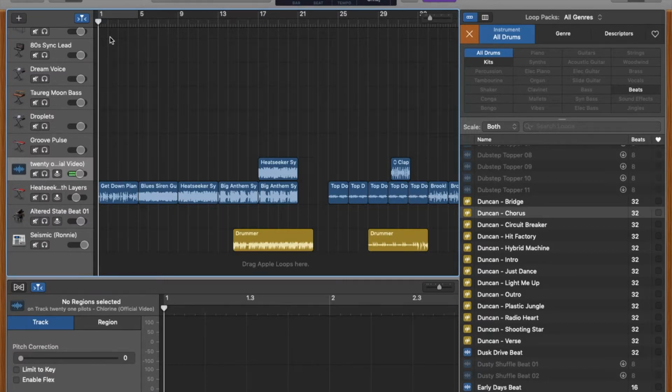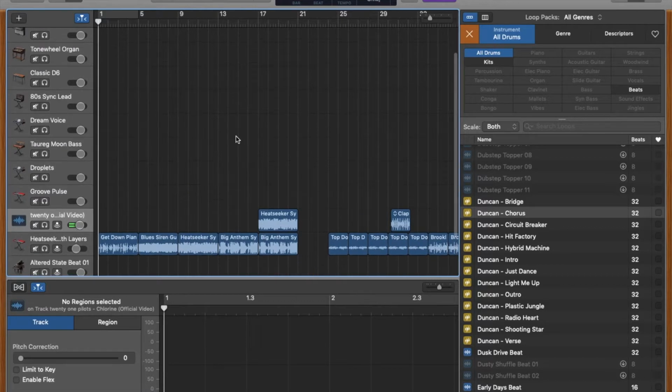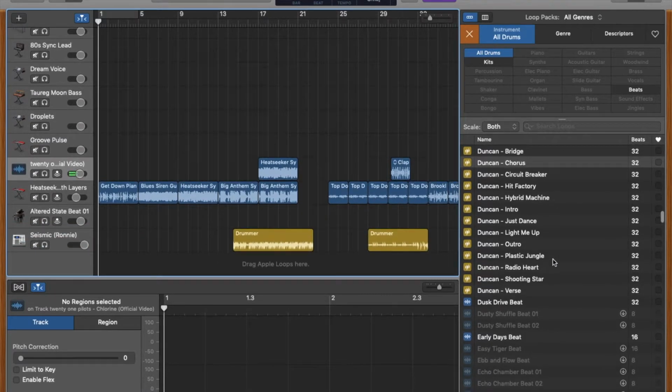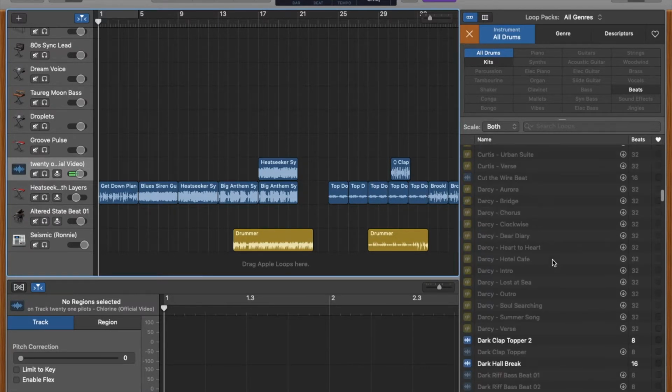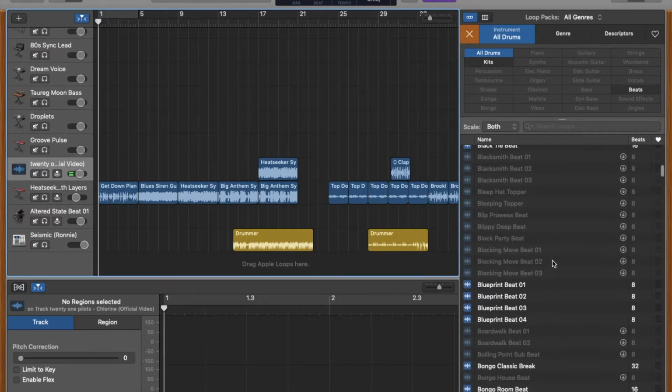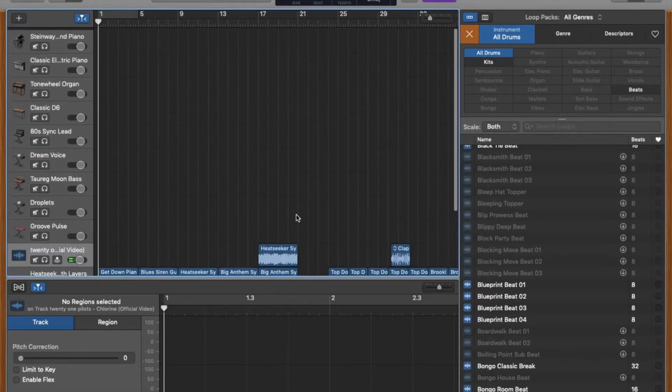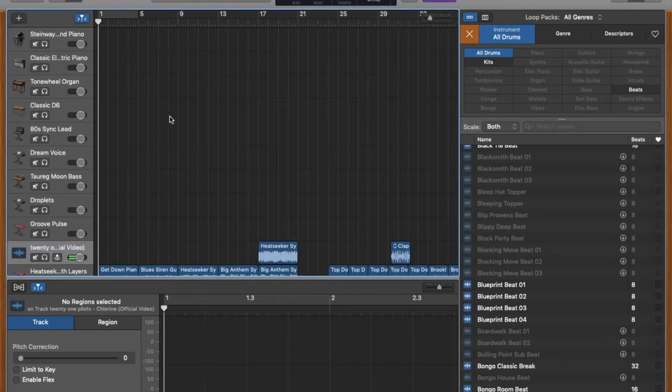So a positive about GarageBand in general would be that it's quite easy to use. Now, at first, you might not think so, especially when opening the software. You might think it's quite complicated, as I did. However, for the most part, all you have to do is really watch a video such as this one right here, and it will teach you the basics, and that's going to be all you need